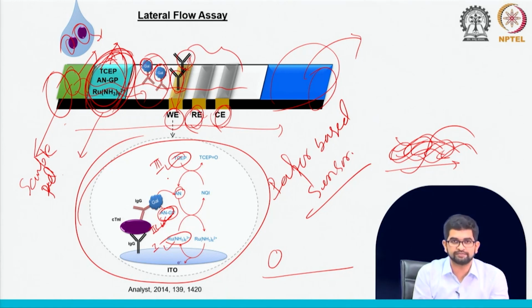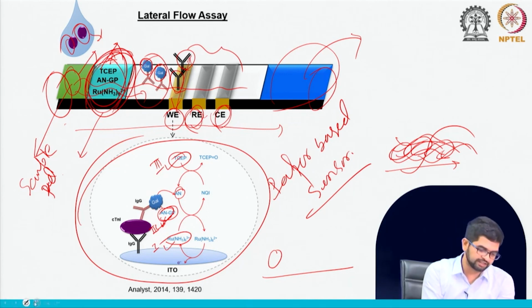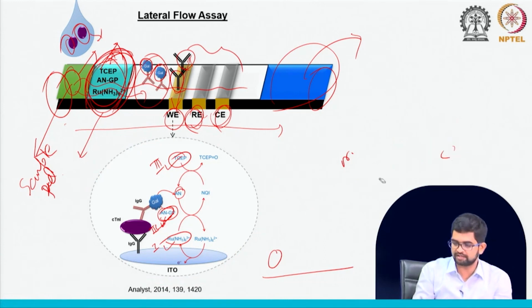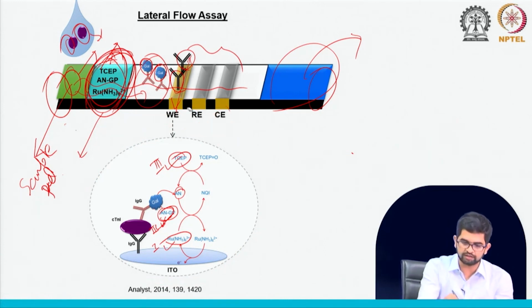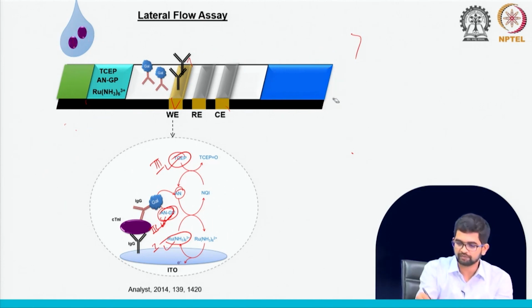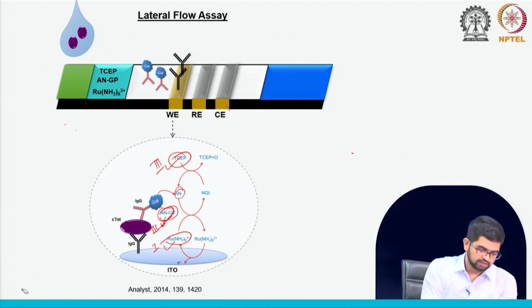Now, let us start the reactions. When I drop the sample, what happens and how we can measure the signal, right. Let us start this part now. So, let us remove the basic things that I taught. Now, let us come to the mechanism part of the redox cycling on the paper. Okay. See,